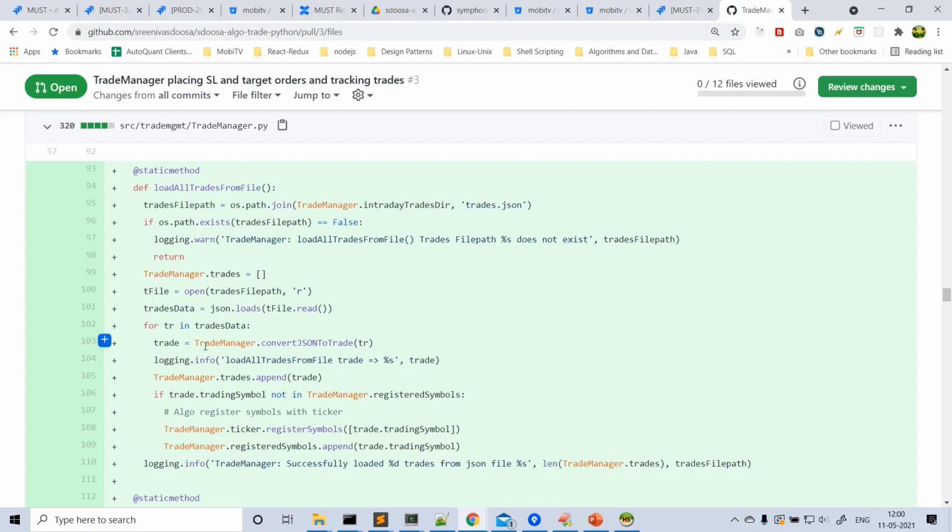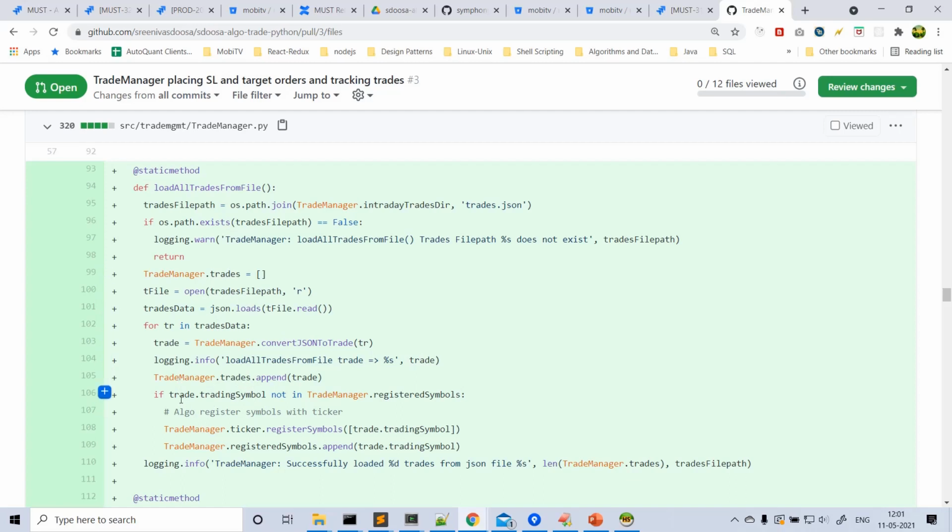And here I wrote some code. The data read from the file is in JSON format, that is, a JSON object basically. So you need to convert that JSON data to the trade object, that means the trade class. You can look at this function to see how I am converting. This will convert to the trade object. Internally, it will again convert each order to its order object, like entry order, SL order, and target order. We can see that code. And once the trade is loaded, we're just printing the data and appending the trade to the trade manager trades list.